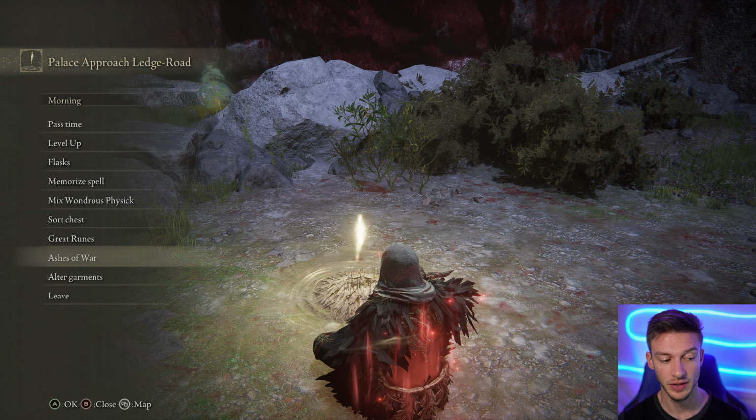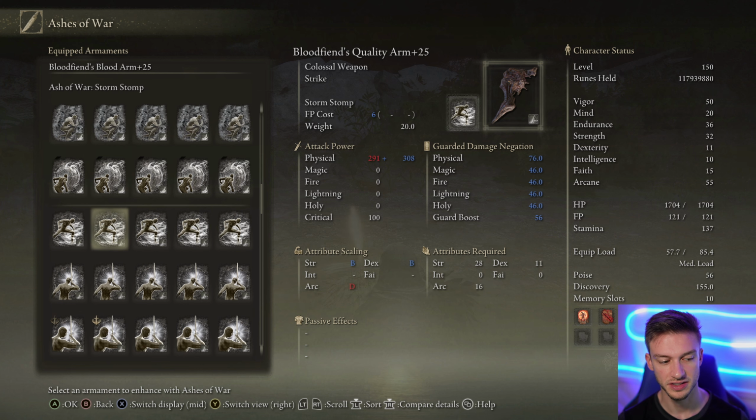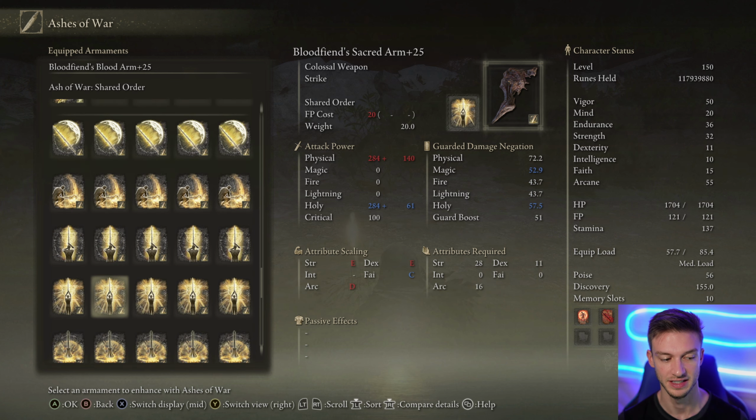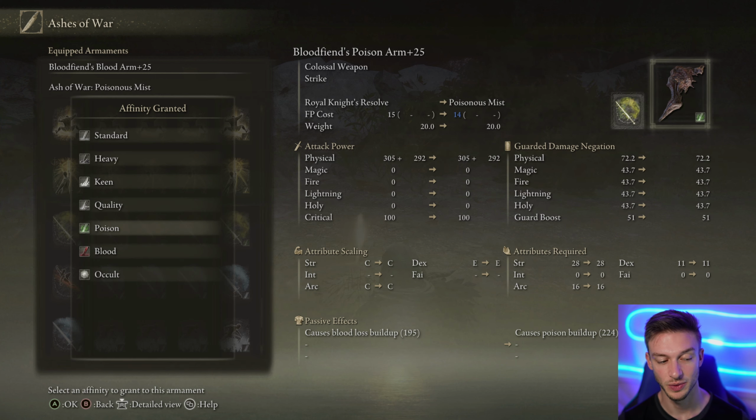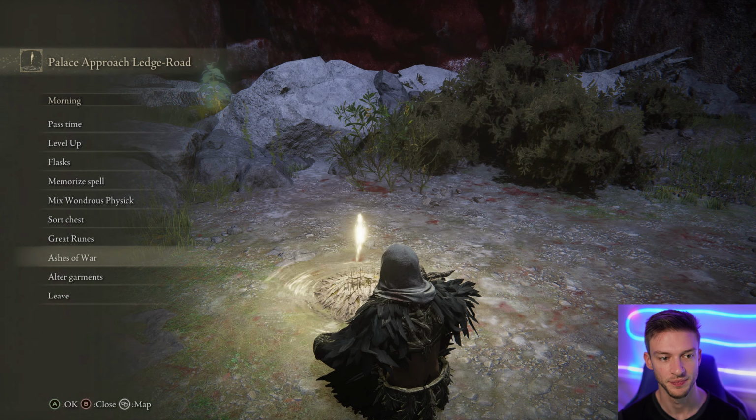So if we go with the Ashes of War here and change this out to the Poison Mist. Now, wait, hear me out on this one. The Poison Mist actually gives us the 224 poison buildup, which scales off our arcane, so we can go that road. We can also just stick with the blood infusion if you want to, but whenever we add